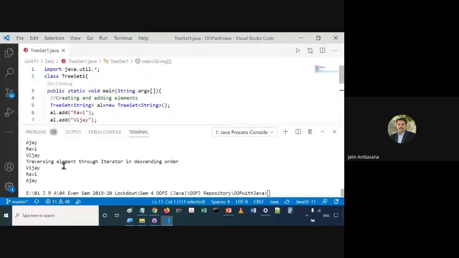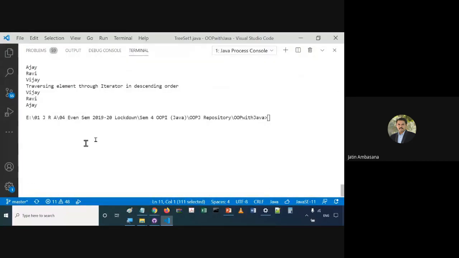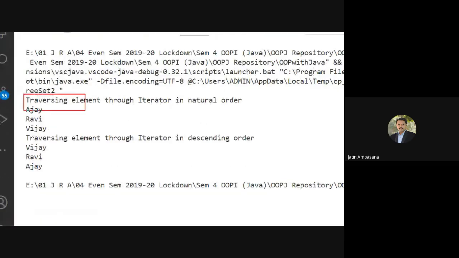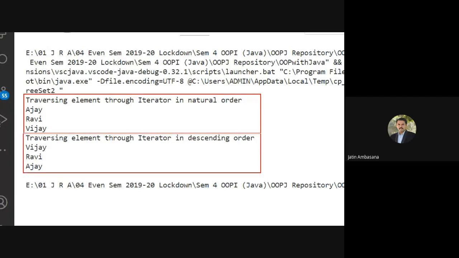Check this out. Over here, what do we have? Here we traverse the element in natural order. You can see A, R, V, that's the natural order according to alphabets. And here it will be reversed, V, R and A. In this direction, this is ascending direction, this is